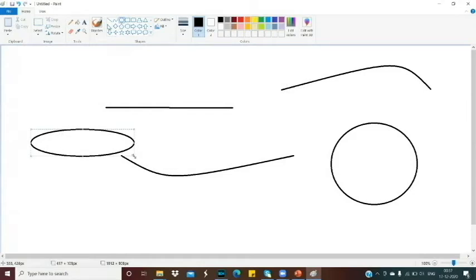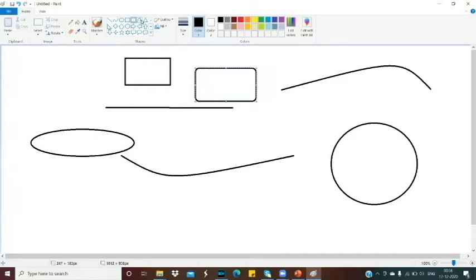Okay. By using the same oval tool, we can draw circle and oval shapes. Then, in the same way, we can draw rectangle shape. This is rounded rectangle tool. We can draw in this way.